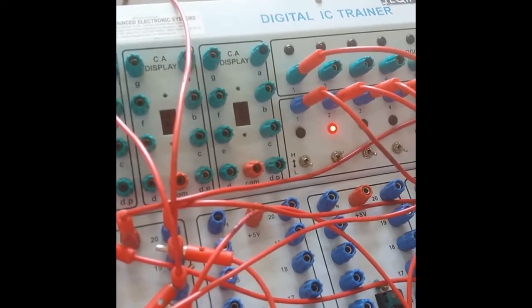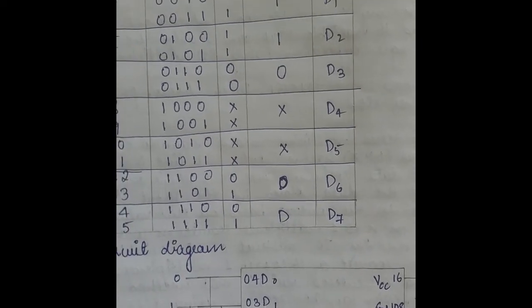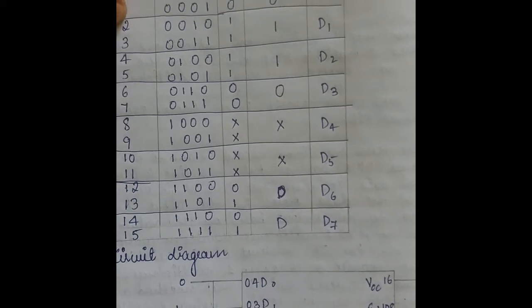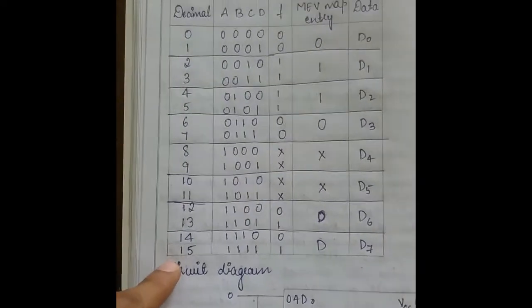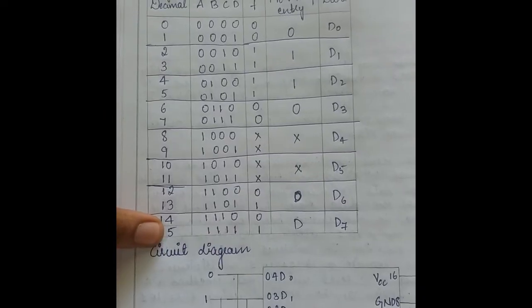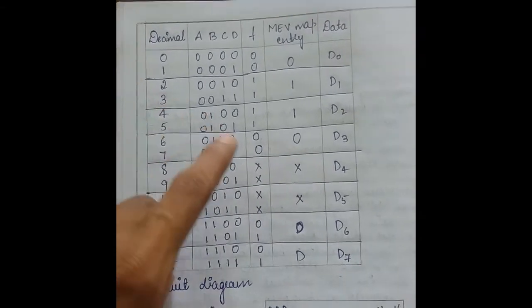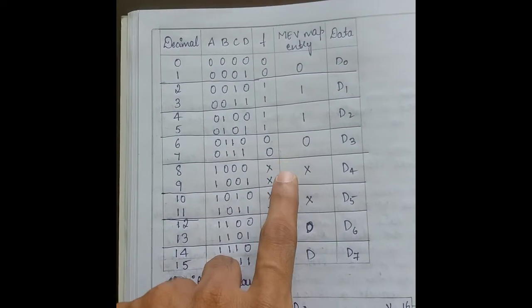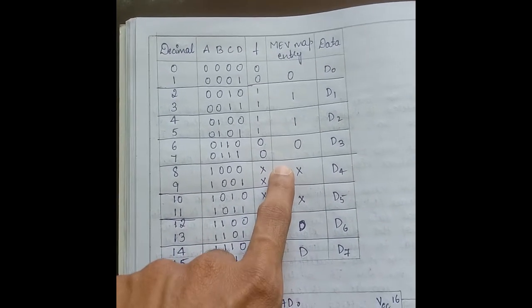So let's verify the truth table. This is the truth table which I need to verify. I have grouped two terms as a single row. Why? Because it is a 16 pin IC with 8 inputs, among which I need to get one output. These are the don't care conditions, which I marked as X. A don't care condition can be high or low.